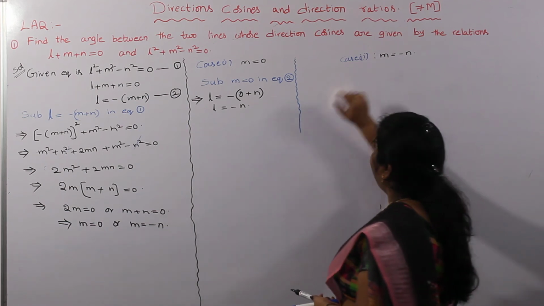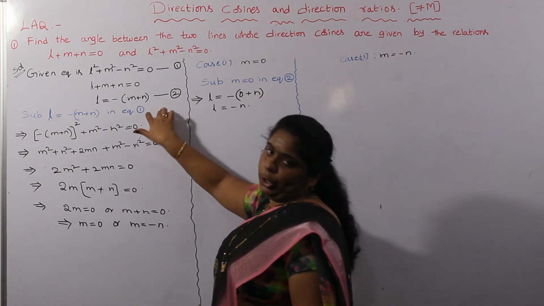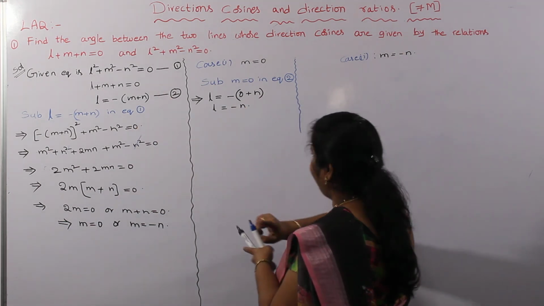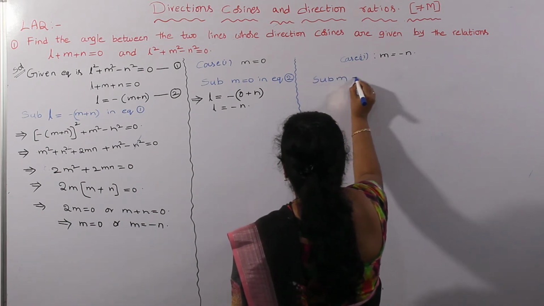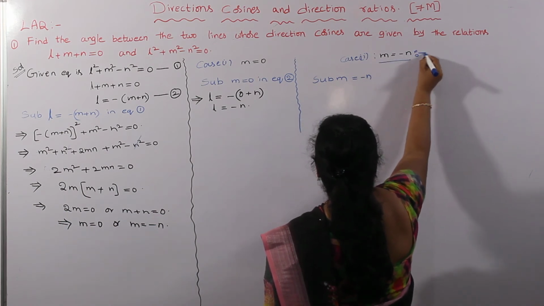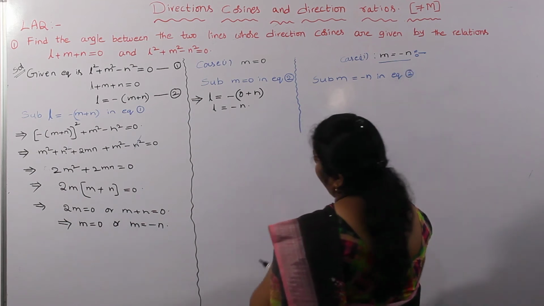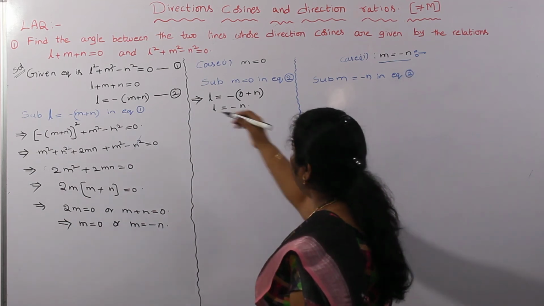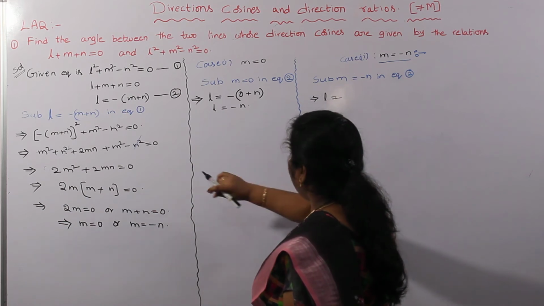How do we get the n value? Substitute this m is equal to minus n in equation 2. From this we get the n value. Here also substitute m is equal to minus n in equation 2. That is, equation 2 implies L is equal to minus of